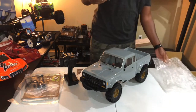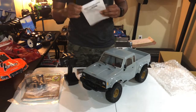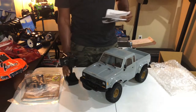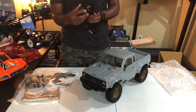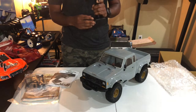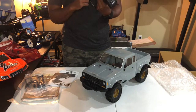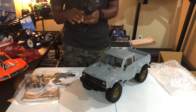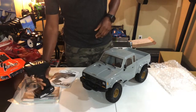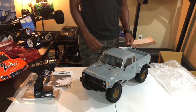Got your little bind plug like a DR10, same type of bind plug. Got your little manual for the radio. The radio looks very similar to the radio that comes in the DR10, but this one has a few extra adjustments, it looks like. It has a little switch up here as well. I believe it might be for the lights or something, but like I said, I'll get into that with a detailed unboxing. I just wanted to show you guys the